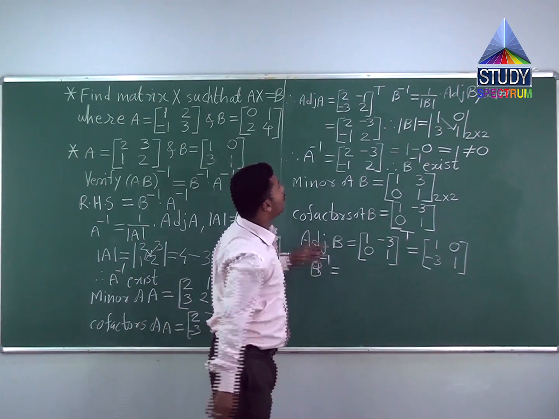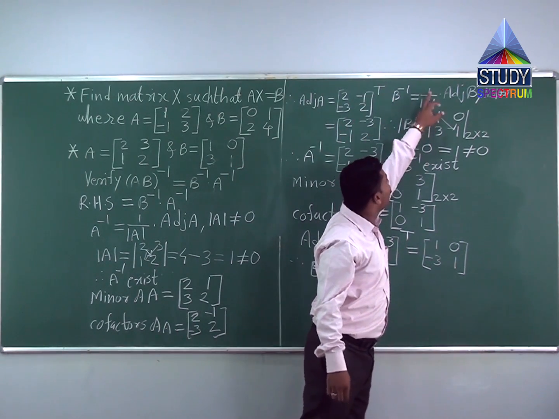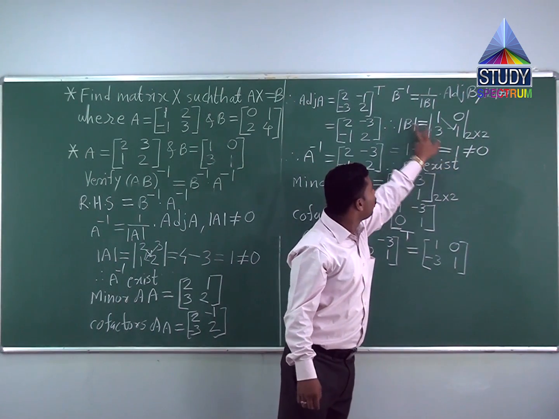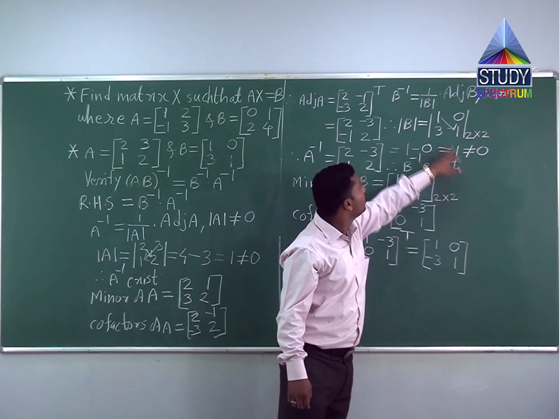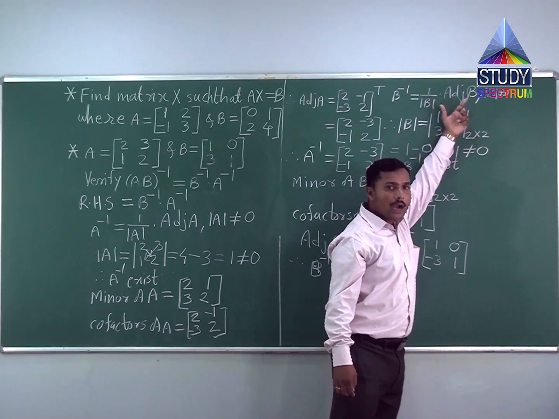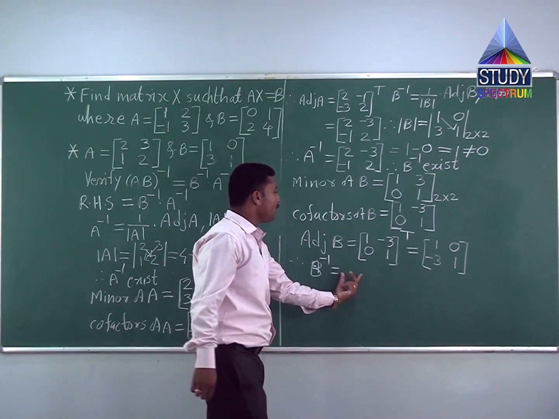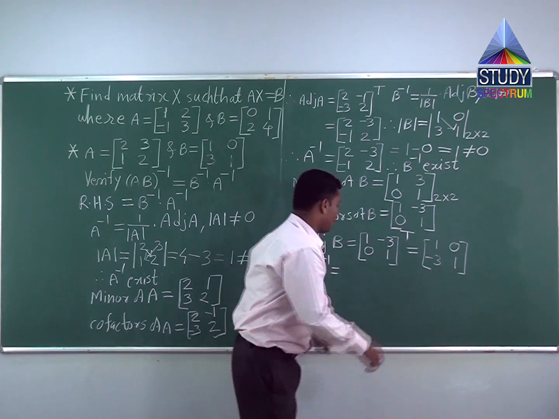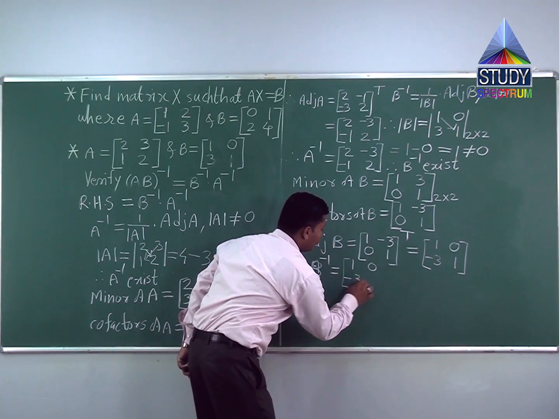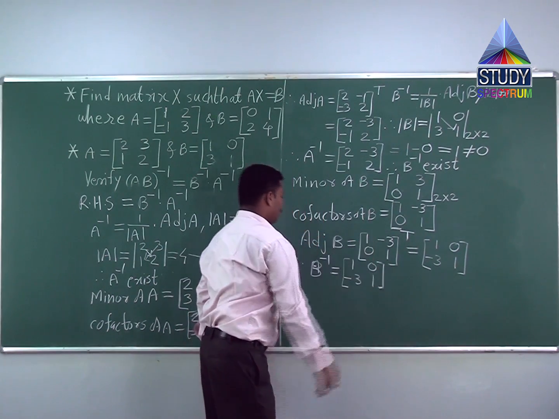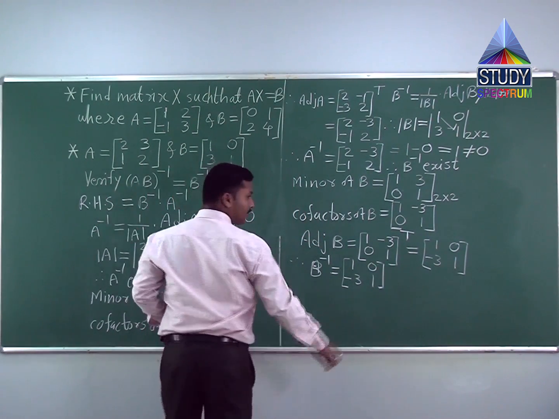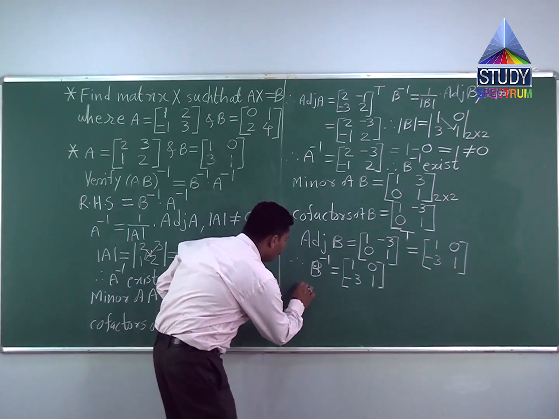What is B inverse by the formula? B inverse equals 1 upon determinant of B. The value of determinant B is 1, so 1 upon 1 into adjoint of B, which is this matrix. So B inverse equals 1, 0, minus 3, 1, and so we have found B inverse. Now we find the RHS. RHS equals